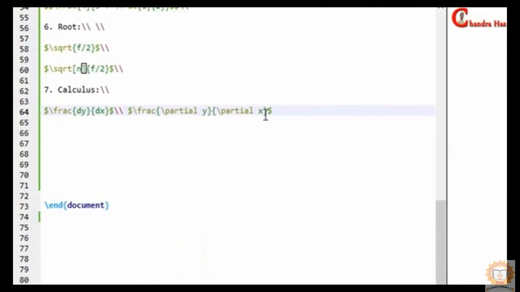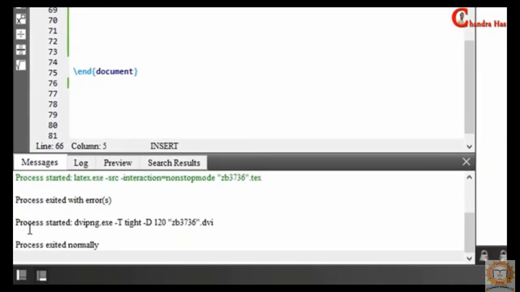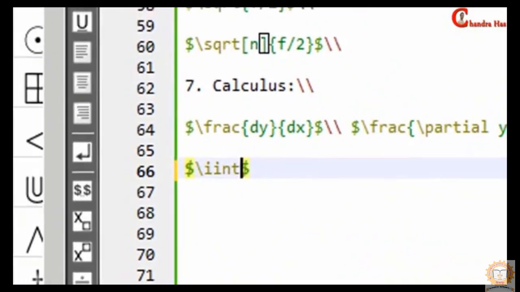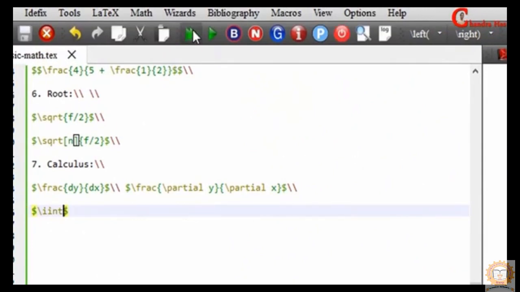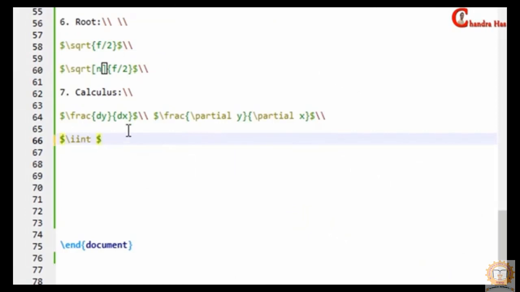Okay, for integration we can write the int command. No need to remember anything, you can get it from here, from the side panel. And compile this file. Okay, we can write here y dx.